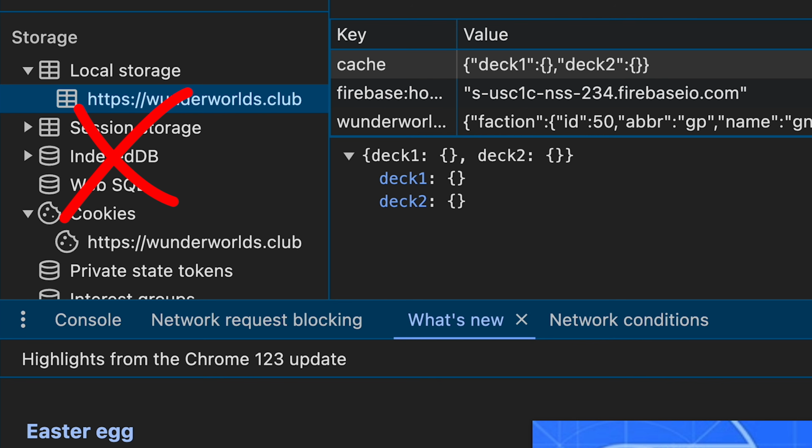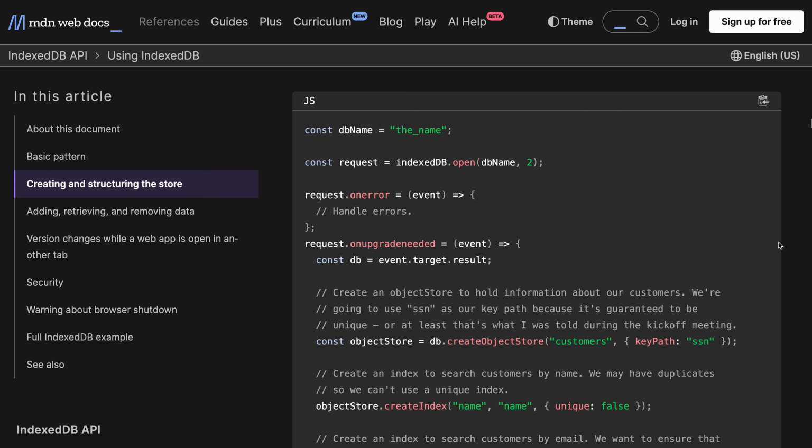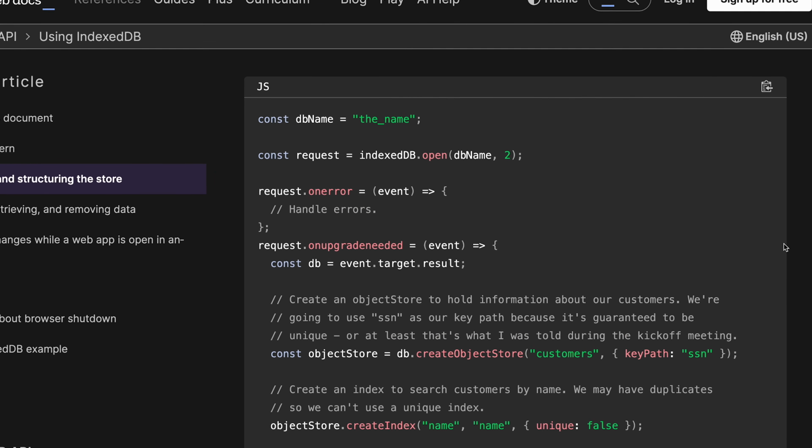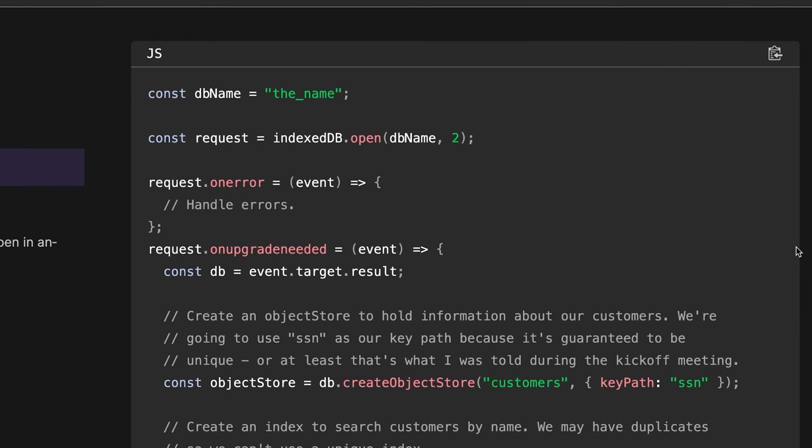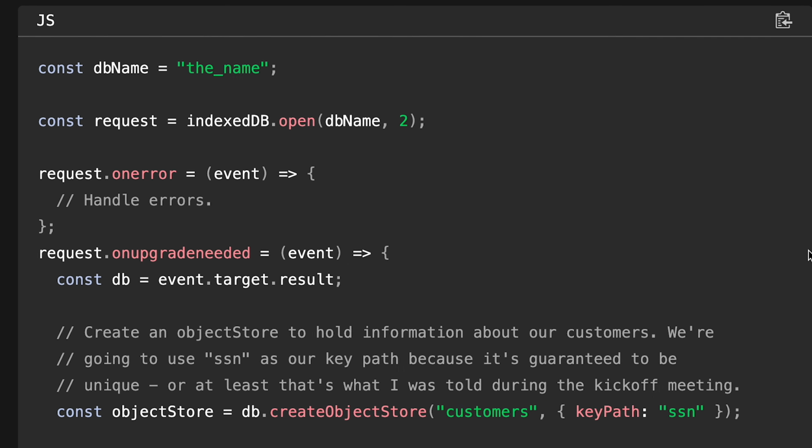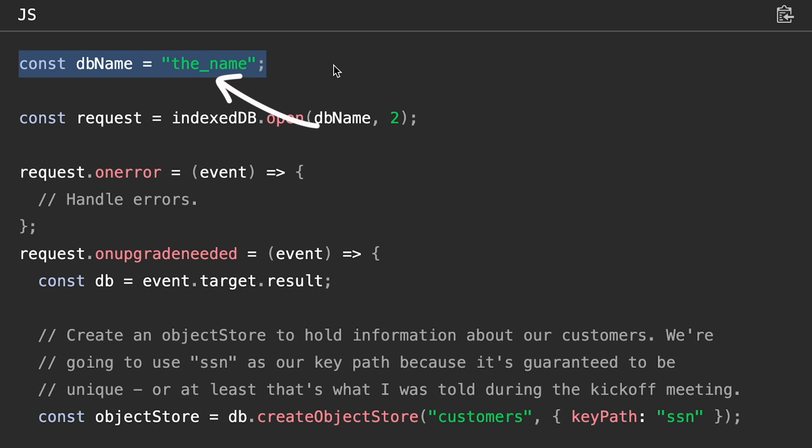And I was neglecting using IndexedDB for the simple reason that its interface is very cumbersome. So typical usage of IndexedDB, which represents a collection of object stores, where an object store is like a table. So we need to give a name for our database. That will be the database name. It will be like one instance inside the IndexedDB, and then each object store will be like a table inside. Then we need to create a request to open that database, and we need to specify a version. If the version has changed from the one that the browser knows about, and it always starts from version 0,